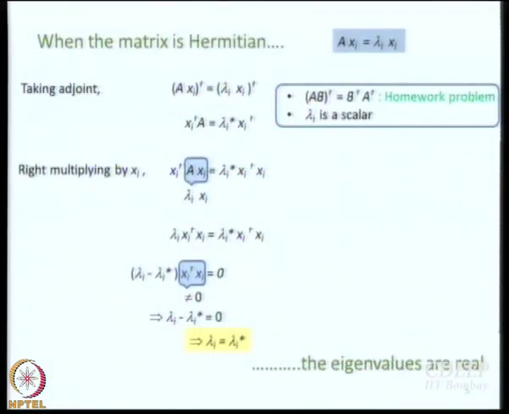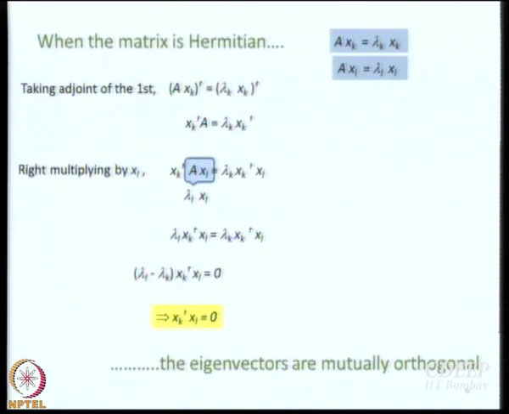Now, we then went on to prove something more. When the matrix is Hermitian, first of all we saw that the eigenvalues have to be real, which is in line with what we study in quantum chemistry. Secondly, we also understood that when the matrix is Hermitian, then the eigenvectors are mutually orthogonal. So, that is why everybody likes Hermitian operators and Hermitian matrices, because you get mutually orthogonal eigenvectors and you get real eigenvalues, very easy to handle, a convenient system, right, and there is a lot of practical utility as well.